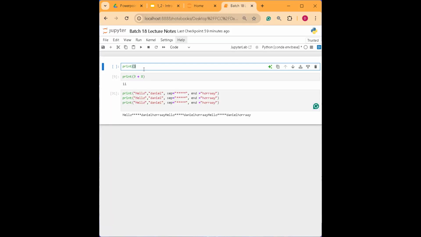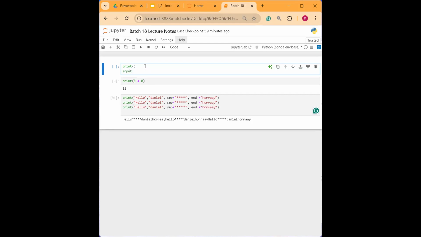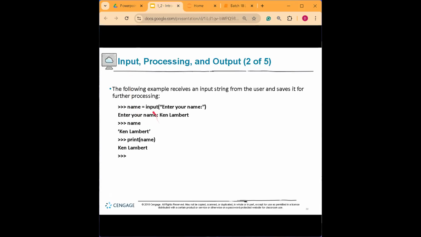So this one. Next, what we're going to learn is about input. From the name itself, input will basically just accept data from the user. Now it has a very simple syntax. When you call the function, inside the function you will put a string. The string is just a question that you're going to ask the user, like what data you're asking. So in this case, you can say something like "enter your name",